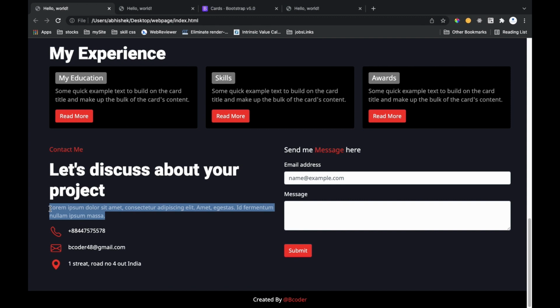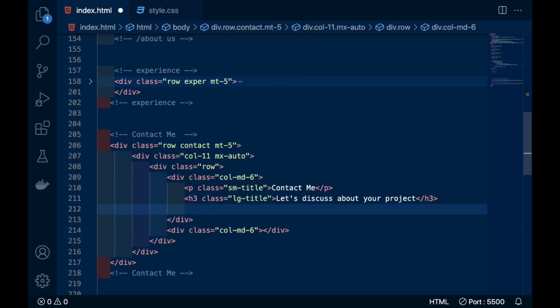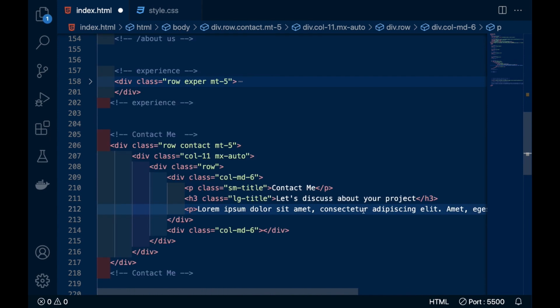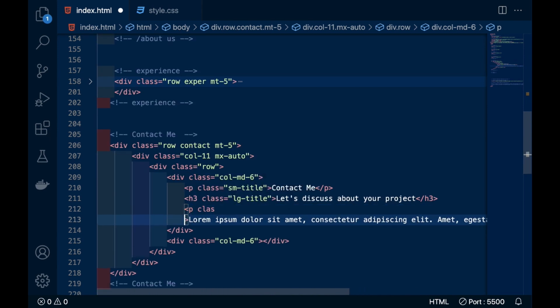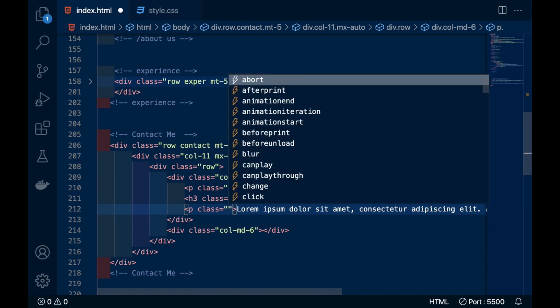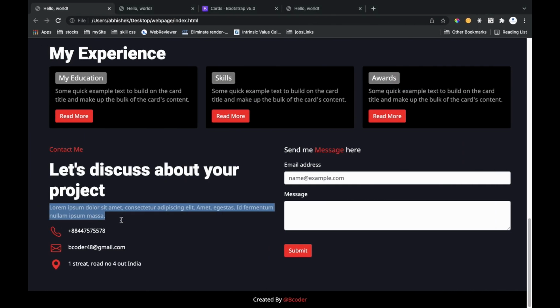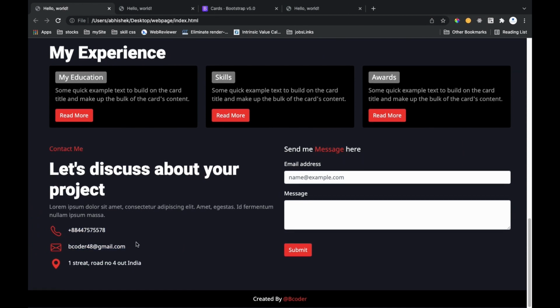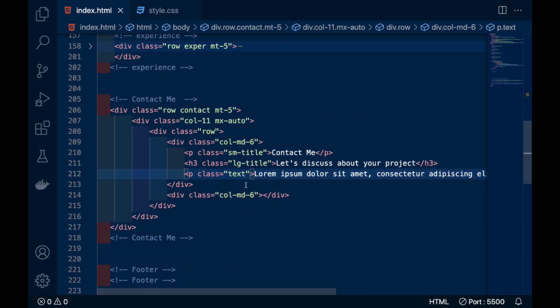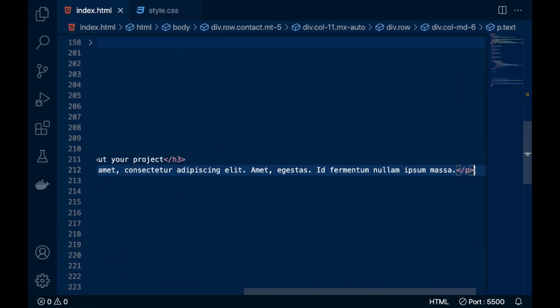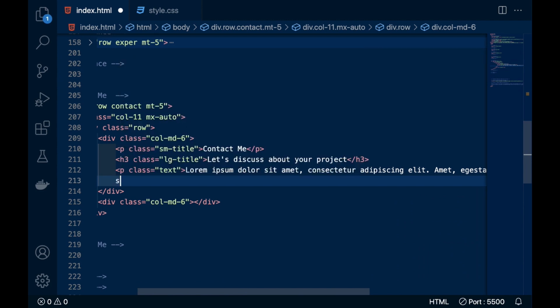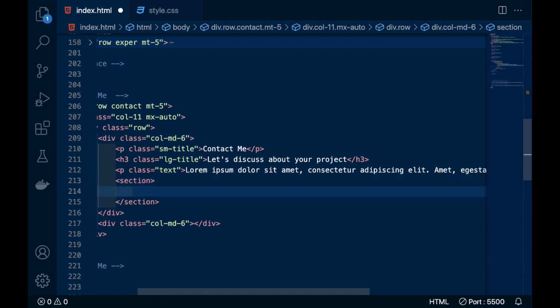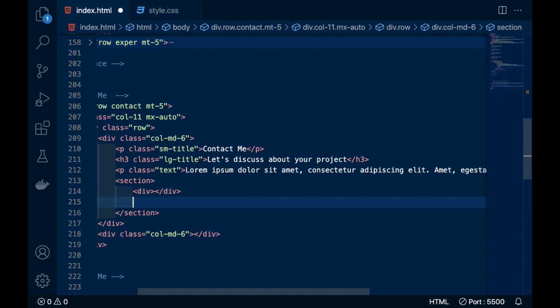Below that there is a text, so we'll write another p and give it a class name, text, and after that there is some icon and text. For that I will make another div here below this, or a section, and this section will contain a div which contains the icon and a paragraph.